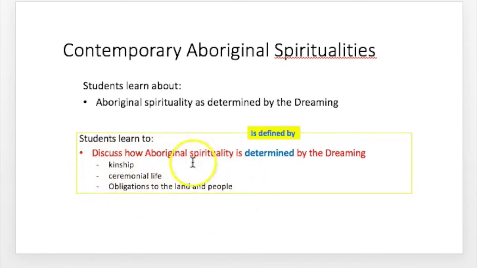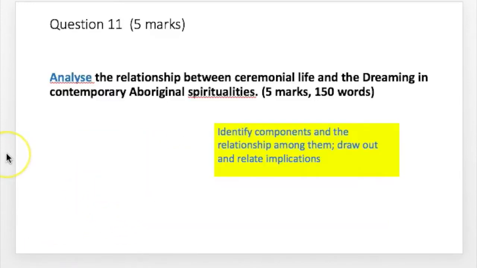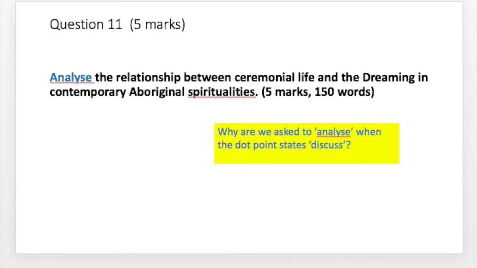These particular ways that are evident of Aboriginal spirituality are going to show us how Aboriginal spirituality is defined or determined by the dreaming. The focus of this question is going to be on ceremonial life. So if we have a look at the question, it says, analyse the relationship between ceremonial life and the dreaming in contemporary Aboriginal spiritualities. So to analyse means to identify components and the relationship among them, draw them out and relate implications. So why are we asked to analyse when the dot point states that we are going to learn